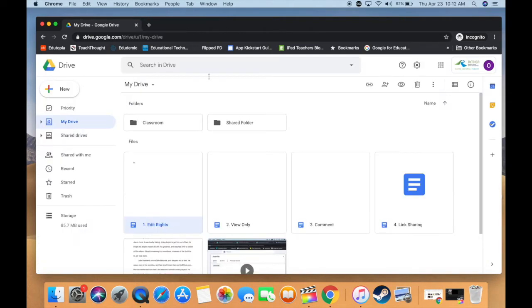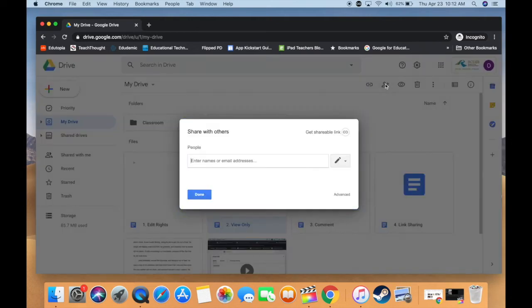Exit out of this file. We'll move on to the next one. This one is view only. So let's show the other way that this can be shared. I can click on the file once, top right corner, click on the little person with the plus button, and then I get the same little box,